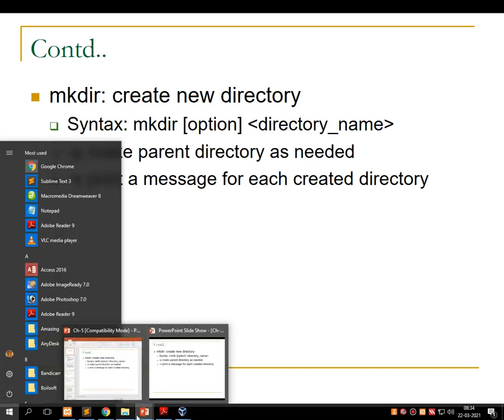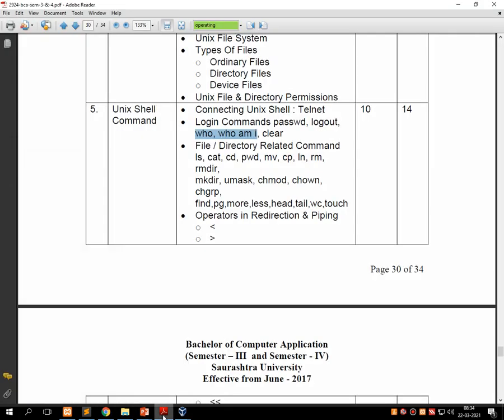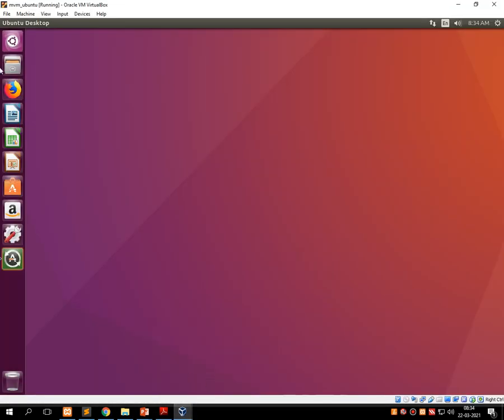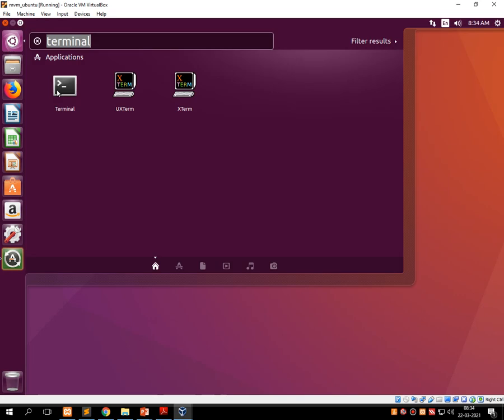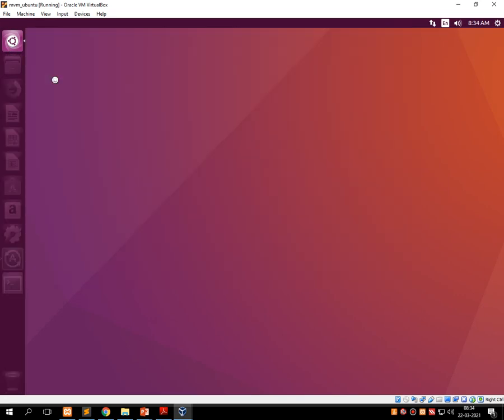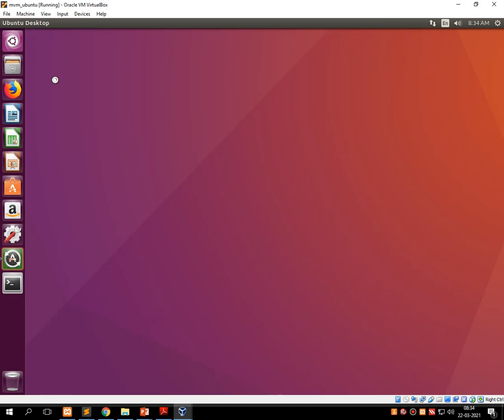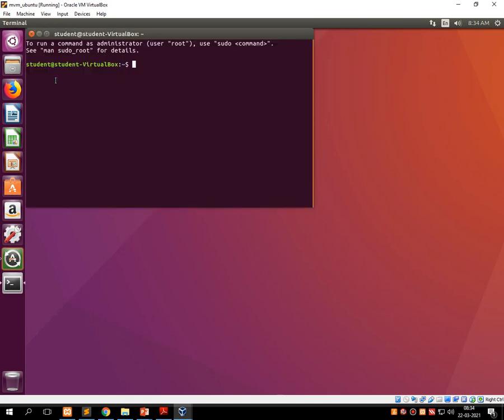The mkdir command is used to create a new directory in Linux. So let me first open the terminal window, type mkdir and press enter.